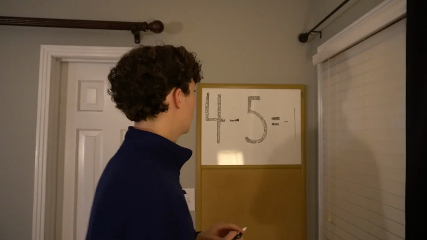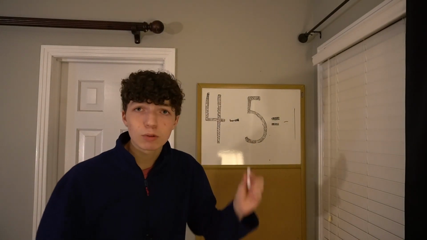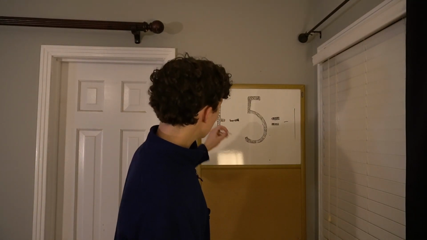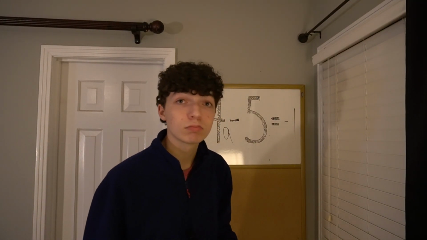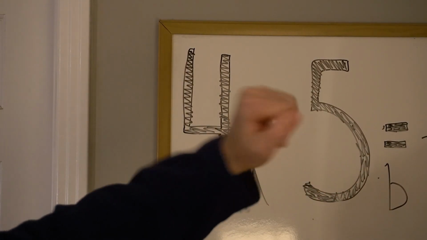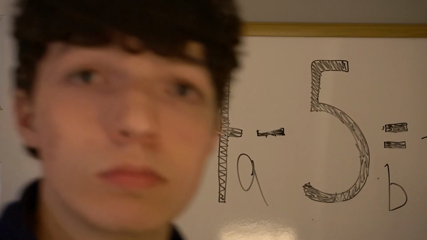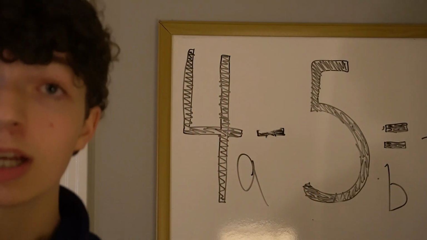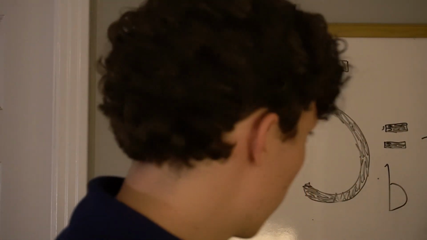In 6th grade, whenever they decided, hey, this whole symbols and numbers thing, overdone. Let's add a little letter there. And let's add a little letter there. 4a minus 5b. What does that equal? Go ahead, tell me. I don't know. I know you gotta solve for 3 of them. You gotta solve for a, you gotta solve for b, and you gotta solve for whatever that is.